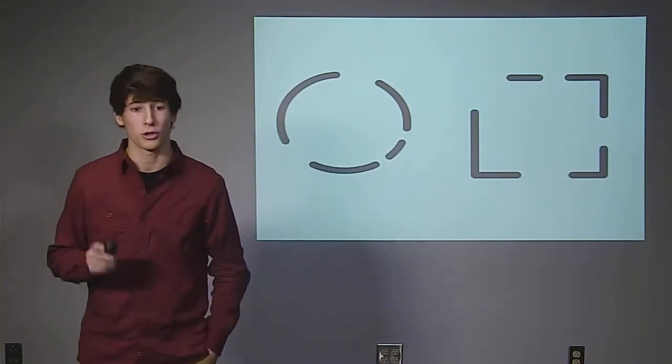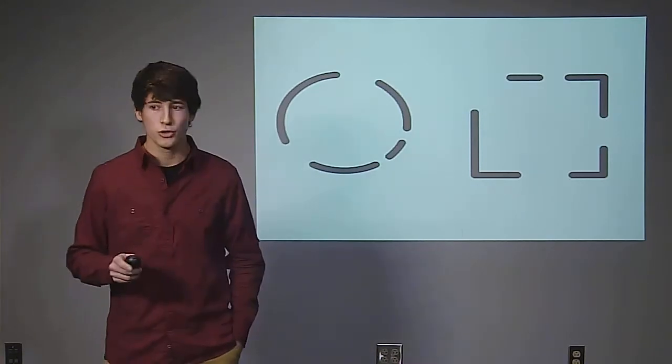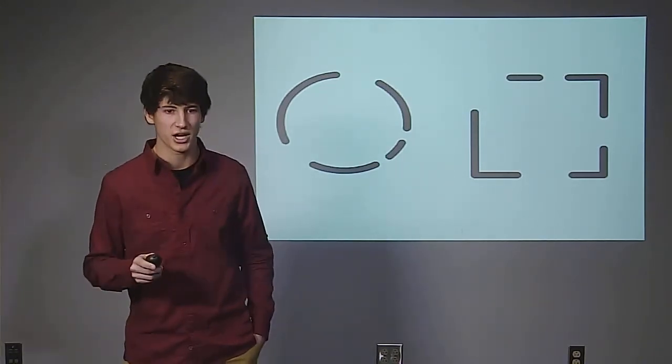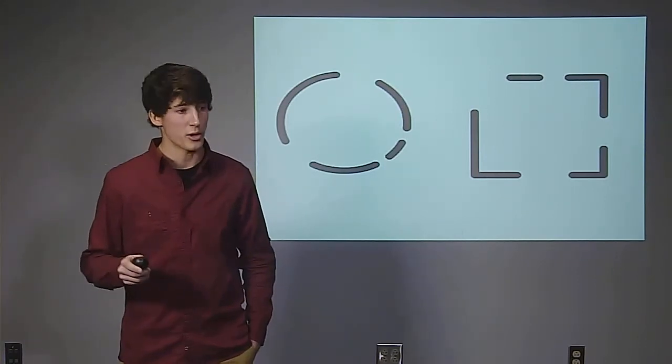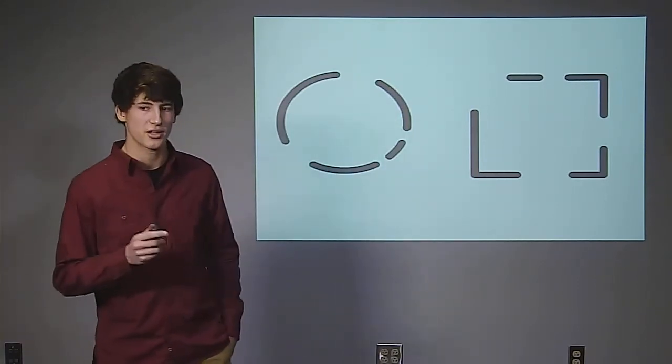Now, this schema is called closure. And the way it works is at a young age, you learned that things are generally full objects and are continuous. So unless you consciously analyze that there are 4 lines to each of these, your mind automatically puts it into the schema that it's just a continuous circle or continuous square. Now this is a problem with memories, because if you ever experience something new, if you're not consciously aware that it's new, you will actually remember it in terms of something old. Your mind will actually change it so it fits the patterns that it knows. And this is bad because unless you're consciously aware of this difference, you will never know that it exists.